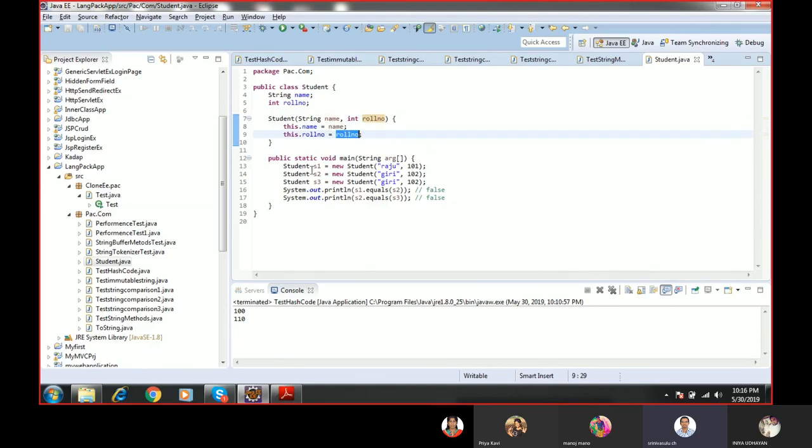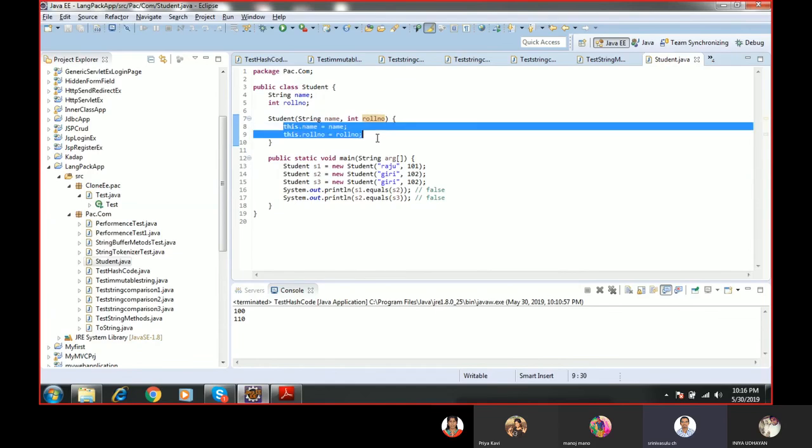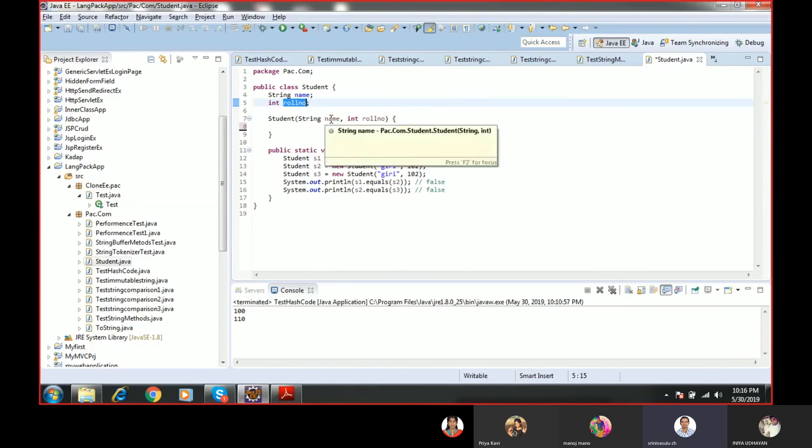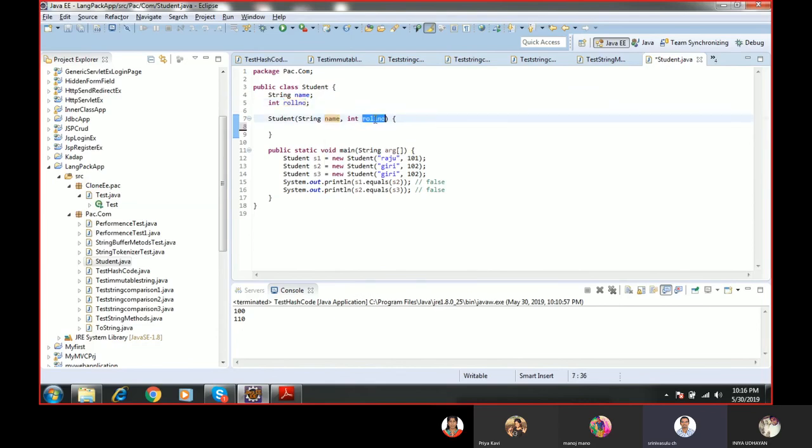So what happens here, when I assign student S1 equal to new student of Razu 101, the name will be Razu, the roll number will be 101 for the local variables. But as of now, if there are no this dot name and this dot roll number, the name is null. There is no value for this name. The roll number is 0. There is no value for this. But for these variables, the name is Razu. Roll number is